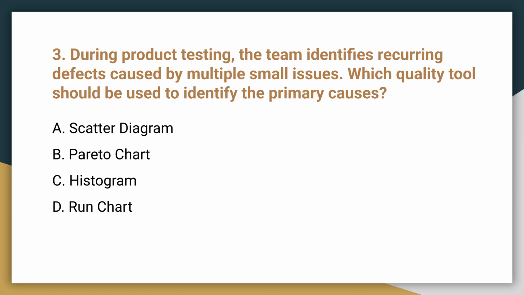Question 3. During testing, the team identifies recurring defects caused by multiple small issues. Which quality tools should be used to identify the primary causes? The correct answer is B. Pareto chart. Pareto charts utilize the 80/20 rule to identify the vital few causes responsible for the majority of the